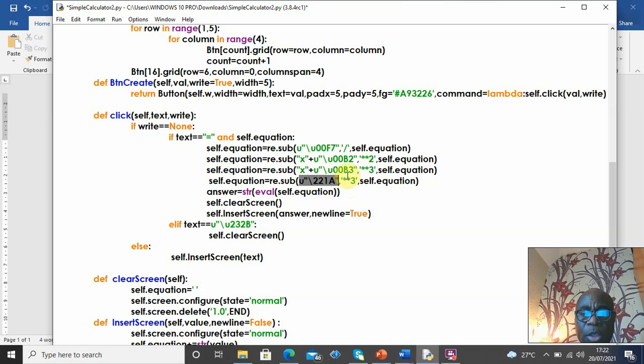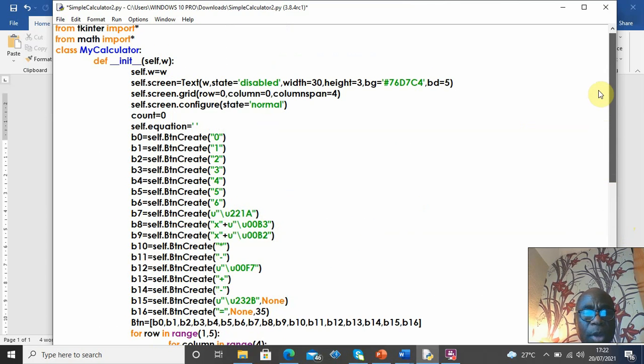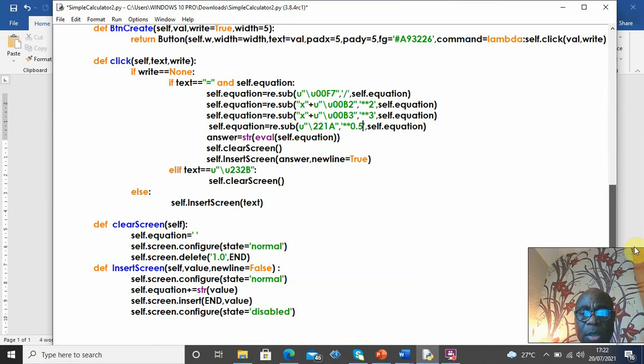And remember, if you find a square root, you need to exponentiate this to 0.5. Okay, and then we're done. So if I go up now, the icon will appear on the button B7, and during evaluation at runtime, it is going to replace this icon, which is the square root, with double star 0.5, so that the exponentiation to the power of 0.5 can be evaluated, and the answer is stored there as usual. Okay, so if I run that now,